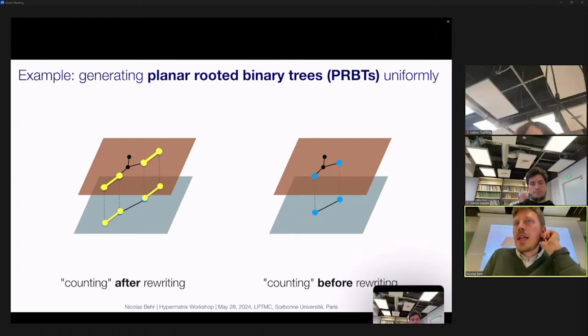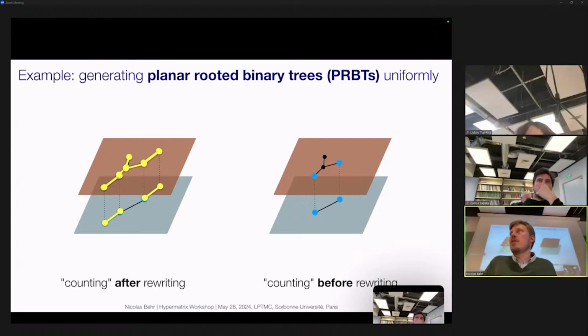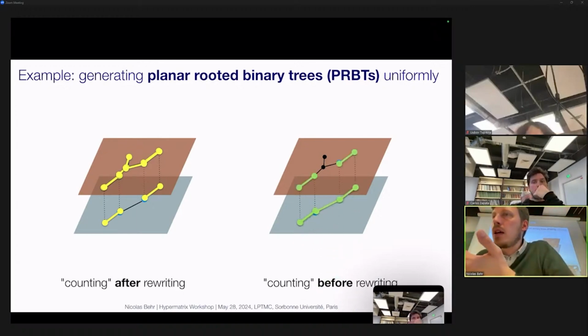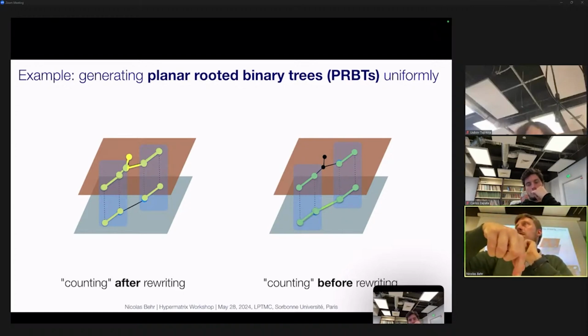But now, I have 3 other edges where I can attack. And now something interesting happens, because these edges I didn't have before. So on the top, there are 3 candidates where I can match, which I simply didn't have before. And conversely, on the bottom, I have 1 edge that I delete. Again, the ones I kept are simply null rounds. But there's 1 edge which I delete. So that one I cannot see in the other order of events, I mean, first applying and then counting.